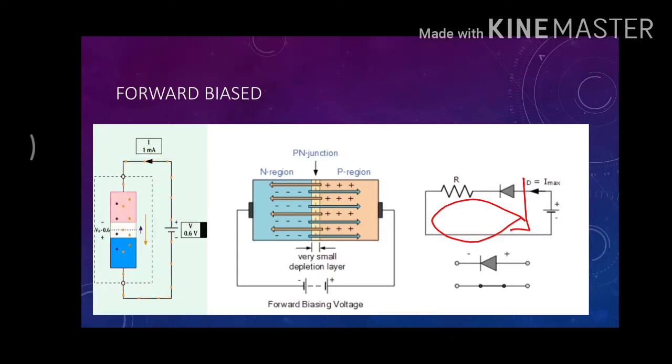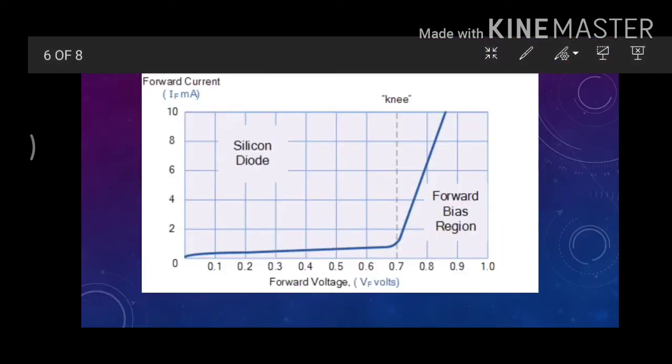Okay, so now let's look at a graphical representation of a forward bias. You can see that as we increase the voltage, there is some minor leakage current which flows, which is due to the fact that we are increasing the electric field, but it is not strong enough to let the current flow easily. However, there is some minor current flowing through it.